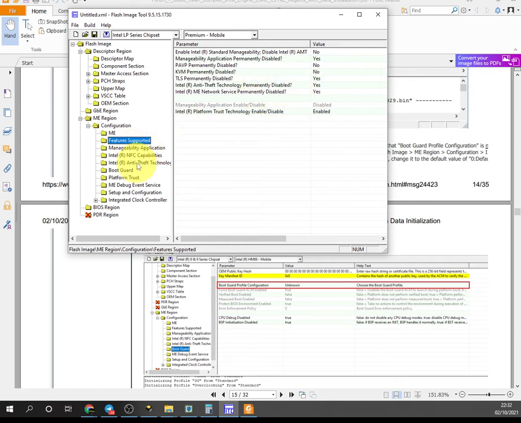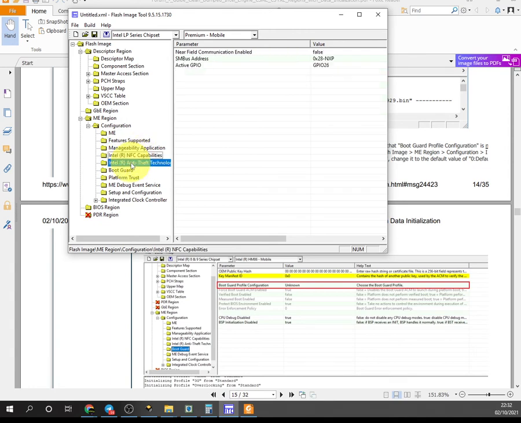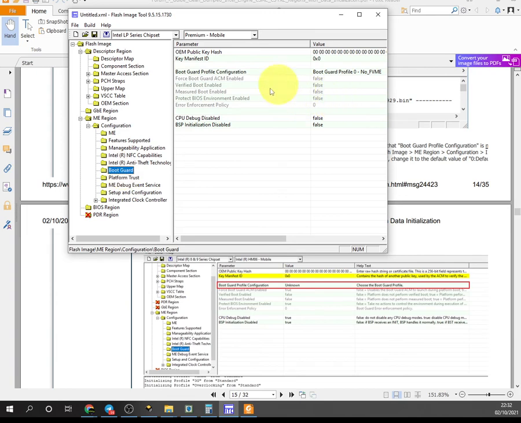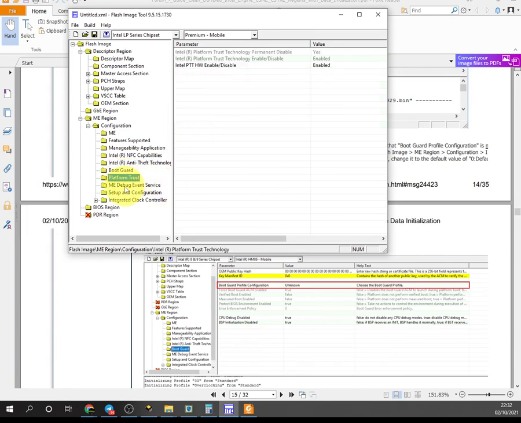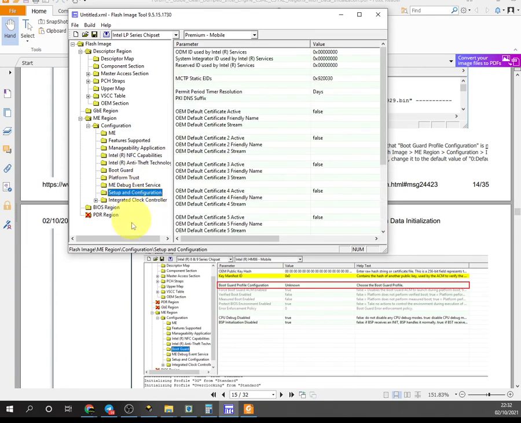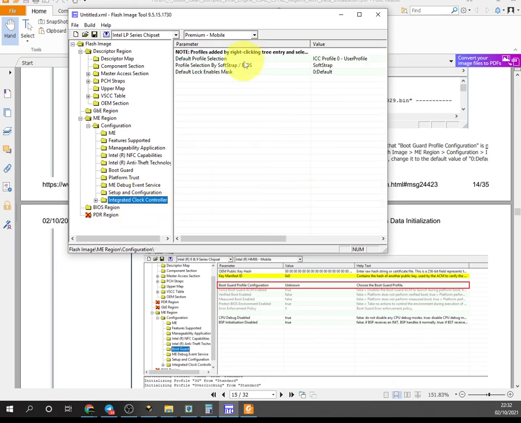Supervisor yes, and the technology, boot guard we have set it, configuration, setup and configuration, integrated clock controller, we have set it to default, this one to default. Now we go to